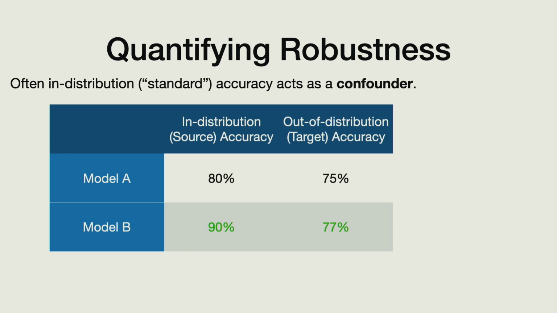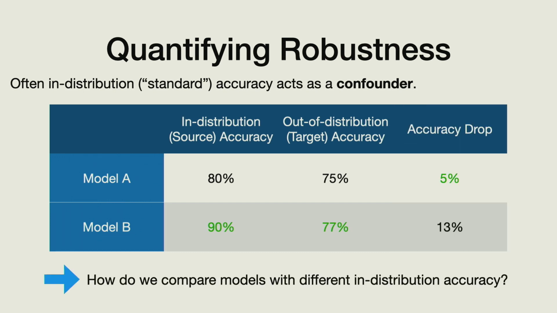A little more specifically, let's say we have a model A with 80% in-distribution accuracy and 75% out of distribution, and then model B is clearly better. It gets 90% in distribution and 77% out of distribution. So if you just want to deploy the best possible model, you clearly pick model B, which is better both in and out of distribution. But from a robustness perspective, one quantity that's often, at least from my perspective, more interesting is how consistent the model is across distribution shifts. Here, the first model, this hypothetical model A, only has a 5 percentage point drop. The second model B has a 13 percentage point drop.